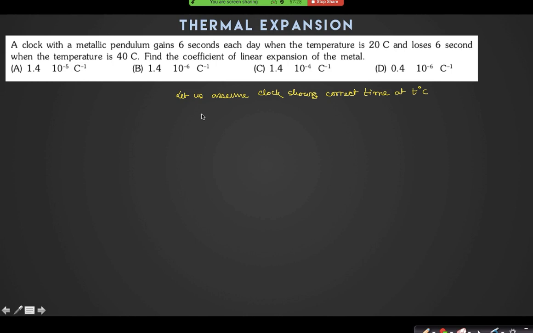So when it is less than T degrees Celsius, the clock is fast. So it gains